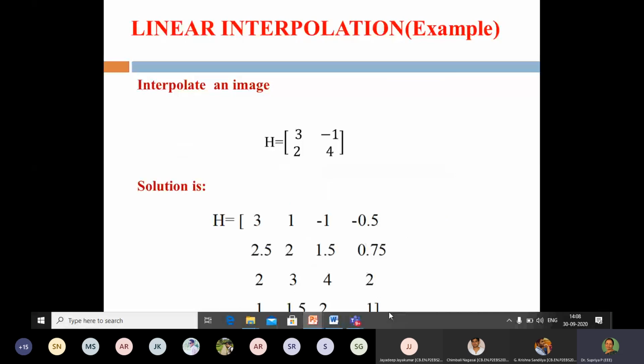So what do we do? Next, let us go on to another example wherein we have been given an image 3, minus 1, 2 and 4. What happens to the linear interpolation solution? Can you just make an attempt? 3, minus 1, 2, 4. Since it is 3, minus 1, 2, 4,